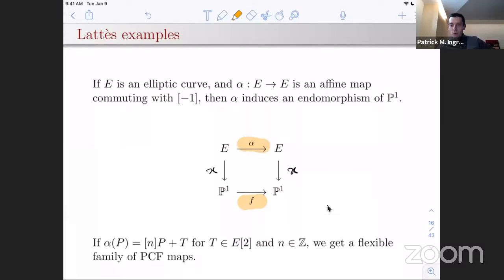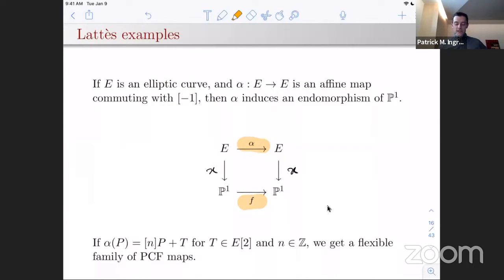sorry, Adam had a question. Yes, the slides are available online, by the way, if you want to be able to flip back and forth. You can also ask me, but Adam asked on the PCF maps and number theory slide, what is K? So there I kept it deliberately vague, but in the statement of the theorem, let's say K is a number field. And you can ask the pre-images question, I guess, for any field, but a number field is what I'm using to get the motivation for the number theorists. Characteristic 0? I think we should say characteristic 0. Yeah, thanks, Adam. For now, we'll say characteristic 0, because otherwise I'm going to get myself in trouble.